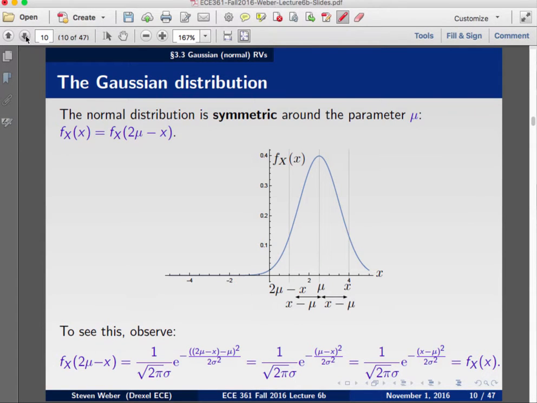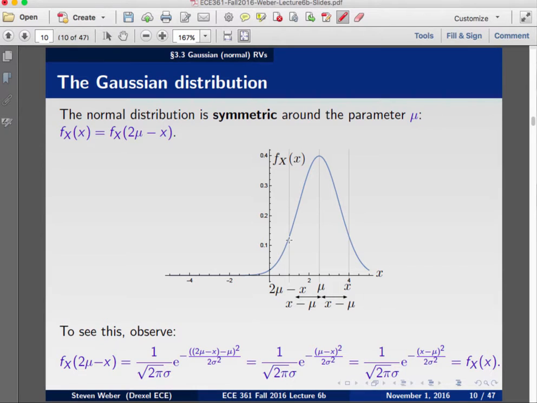Now, one of the key properties, which is immediately obvious if you've looked at this curve, is that it has a symmetry. There's a symmetry around the value mu. So here I've drawn a normal PDF, with mu equal to some positive value, I think I chose mu equals 2.5. And you can see that if I chose any value x, and I happen to choose here x greater than mu, that the height of the density at x equals the height of the density at this value 2 mu